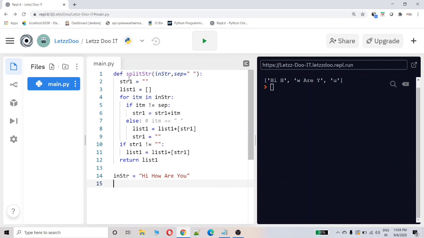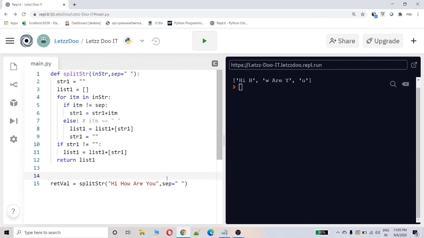Okay, return val equal to, this is my string, by default the separation will be with the space.